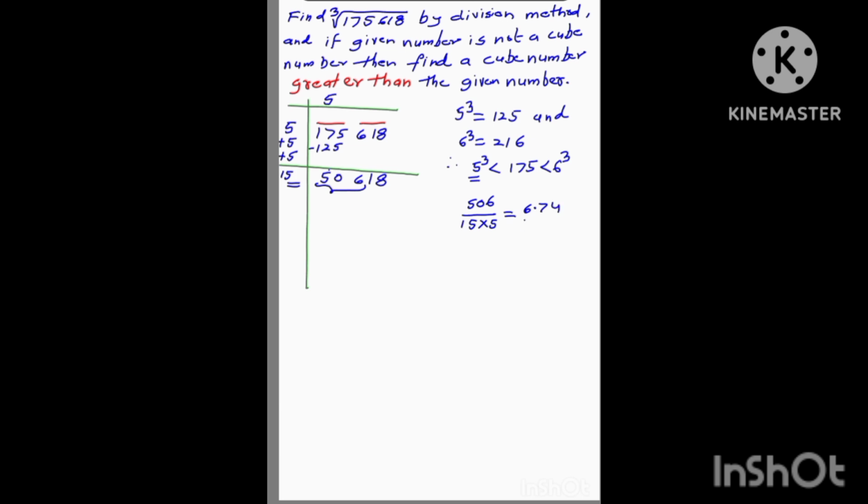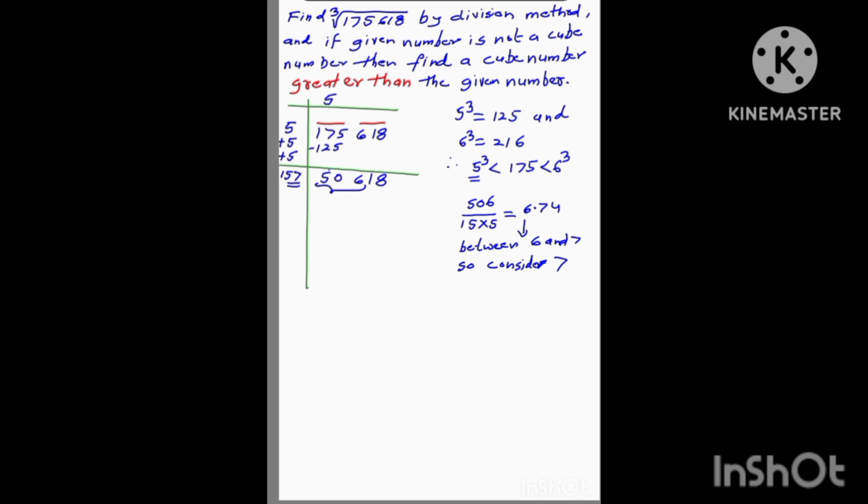This number 6.74 is between 6 and 7. Okay, as we have to find the number greater than this, we will consider 7 this time. We will consider 7, because 6 we have already seen, and we have to check whether this 7 is the correct